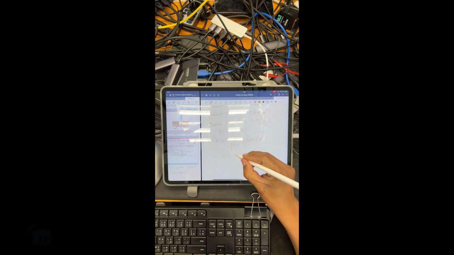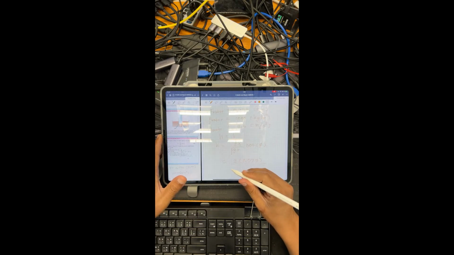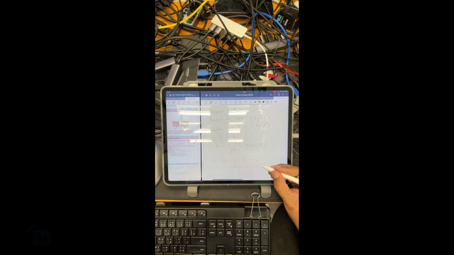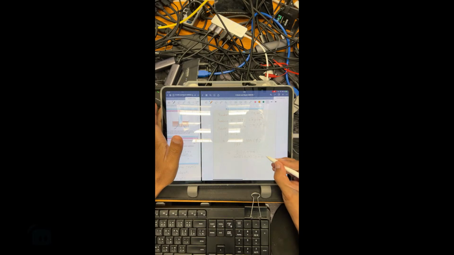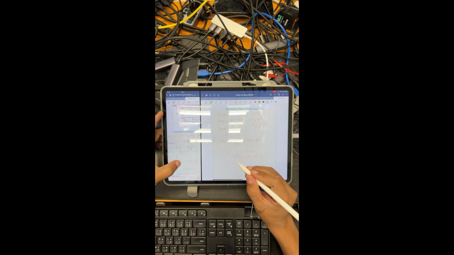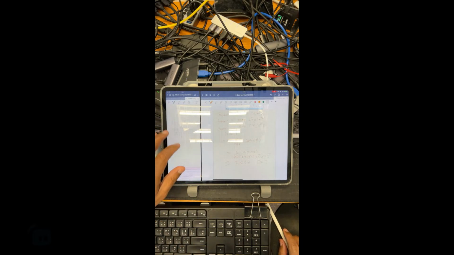And yeah, it's 2 times gamma. Gamma water is 0.073 and divided by rho, which is 1000, and g is 9.8, and r is the radius, right? r is the radius, which is 5 times 10 to the negative 5. Okay, and that's it. If you put it into the calculator or by using your hand, you would see that you will end up with the height of 0.298 meter. All right, and that's the unit of the height